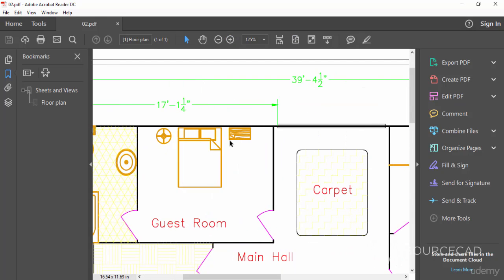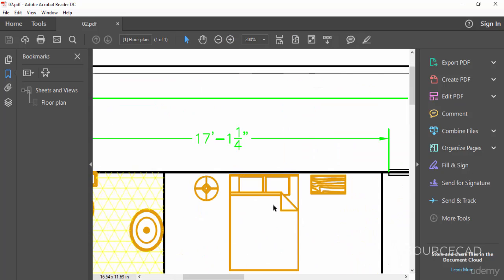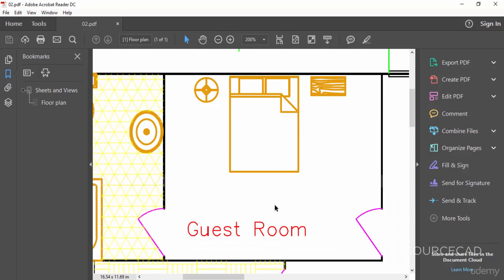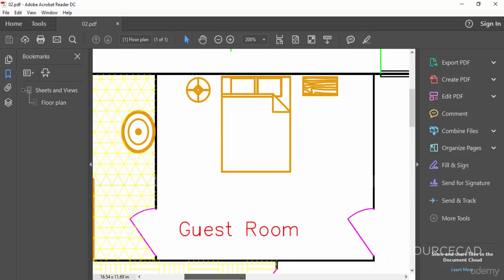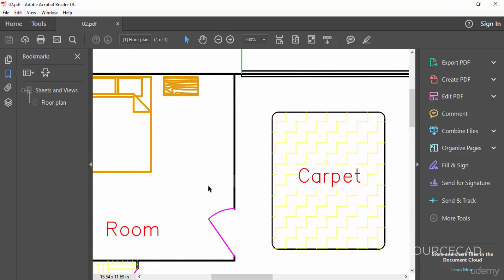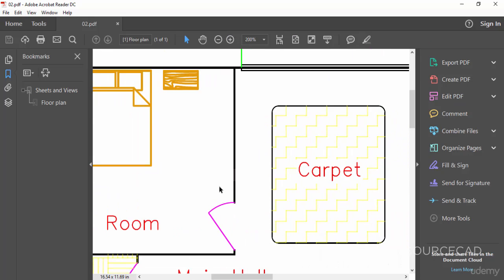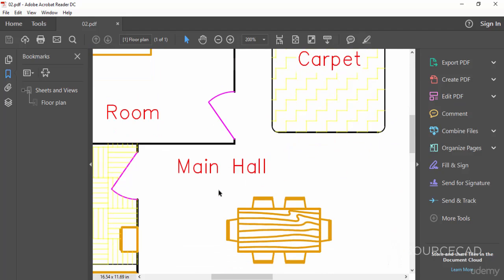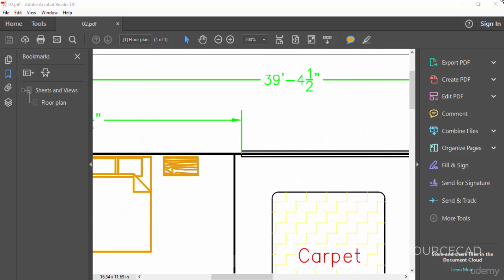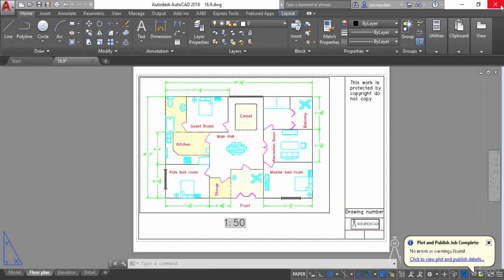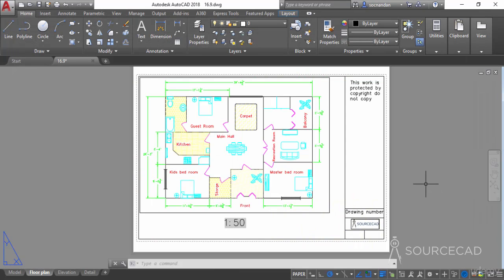As you can see clearly, we have applied a different line weight for this drawing. So the line weight has been retained. If you compare it with the line weight of this block, you can clearly see the difference. So let's now close it and let's click on close here on this bubble as well. So that was all about creating the colored plot style table in AutoCAD.